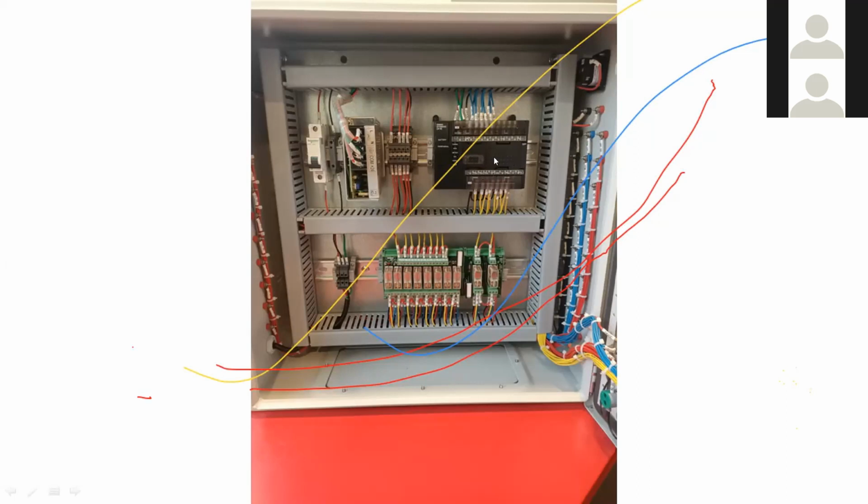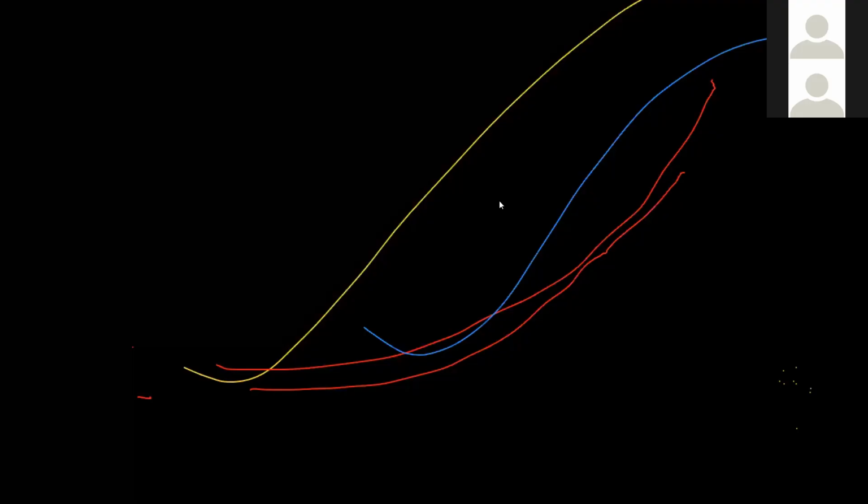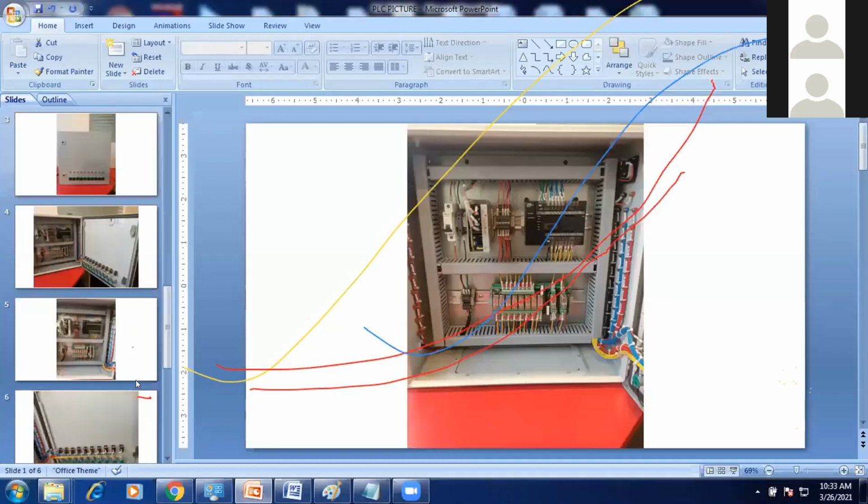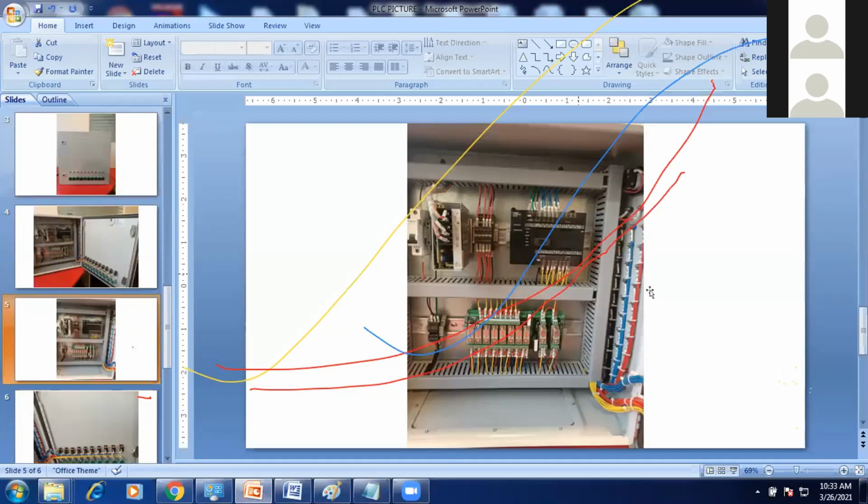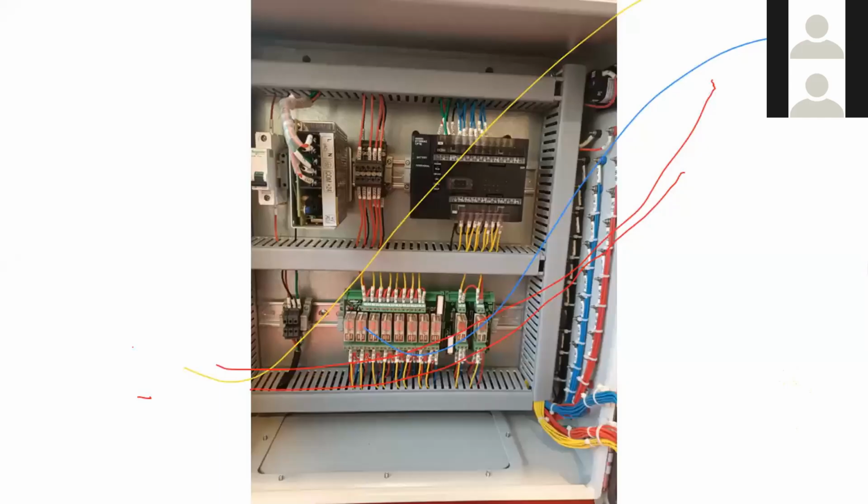See here, some dots are available, right? These are the indication lights for the inputs and the outputs.